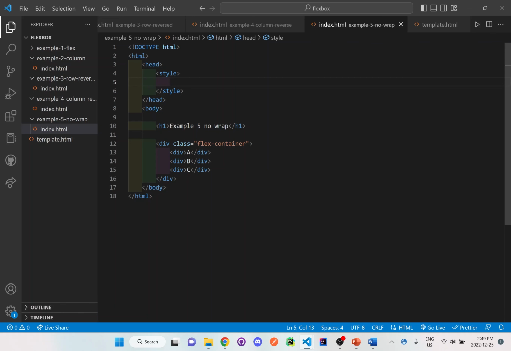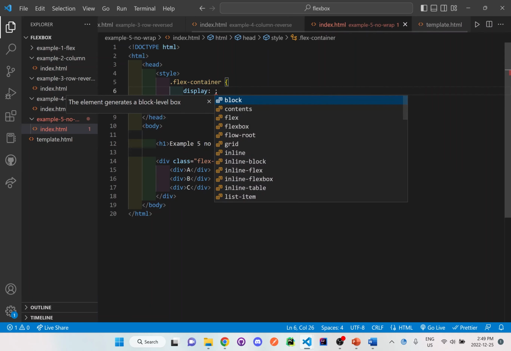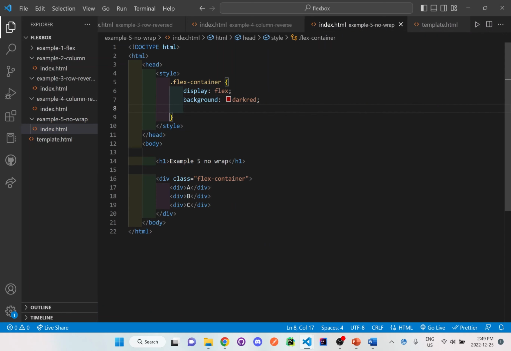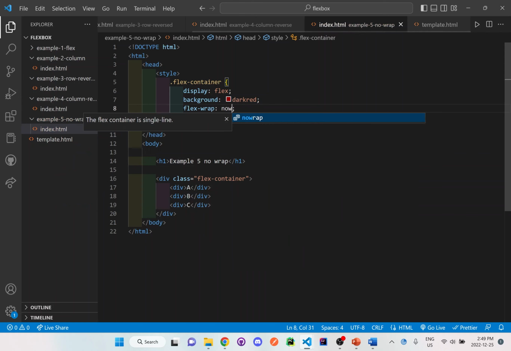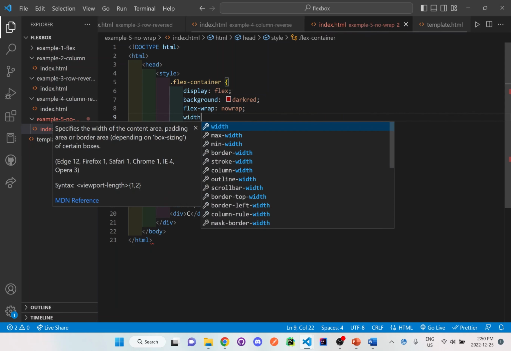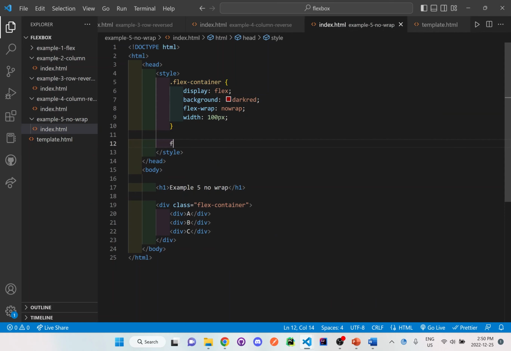So let's say we set up some styles here. And we're setting up the flex container CSS style or class style for this, and we'll display flex. And we'll put the flex wrap here as no wrap. And then I'll just say we want a width of 100 pixels. And then here flex-container